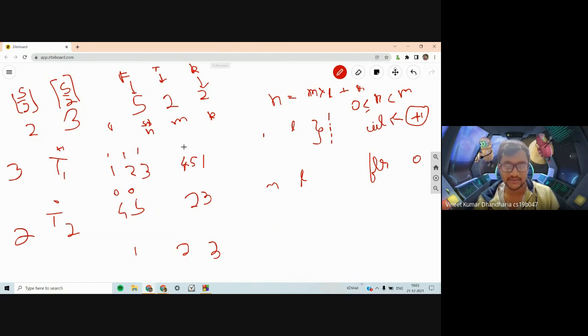So after this turn, 4 and 5 have a score of 1. 1 has a score of 2. 2 and 3 have a score of 1. You can again see that the difference is not greater than 1. So this is what happened for 2 rounds. This is a valid answer for k equal to 2. Let's try to do it for k equal to 3 as well. So now we want to do it for k equal to 3.